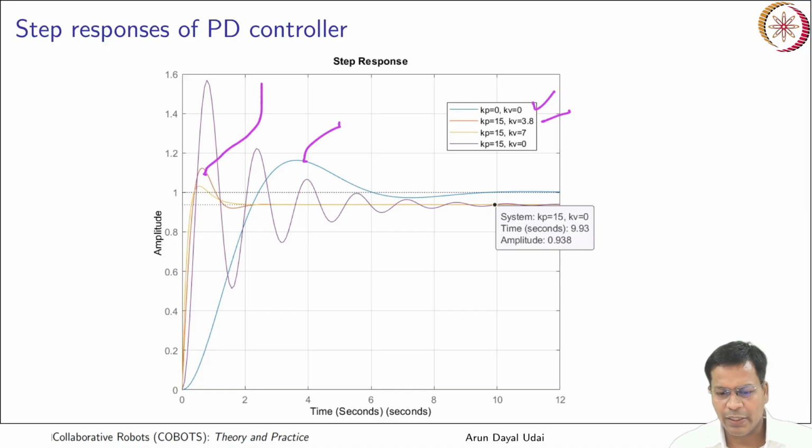So now I'll look at the system which is here. Kp is equal to 15, kv is equal to 7. Okay, so that is the system which is here. Okay, that is the yellow one. So you see it has also overshot a bit, but it took you very near to the value with similar steady state error. So less overshoot you are seeing here. Okay, but there is steady state error in all the cases.